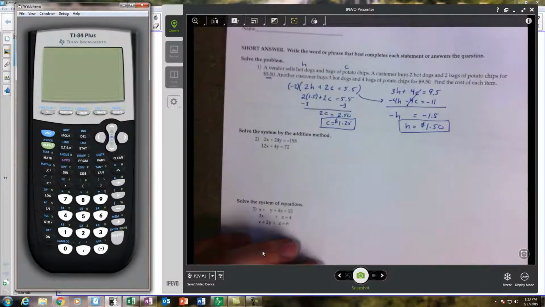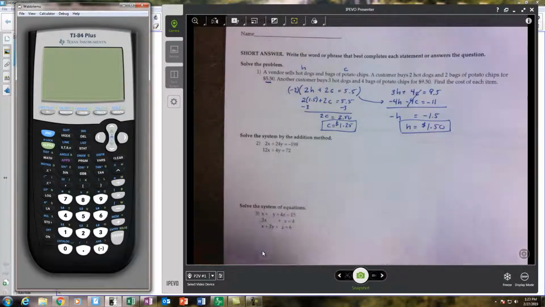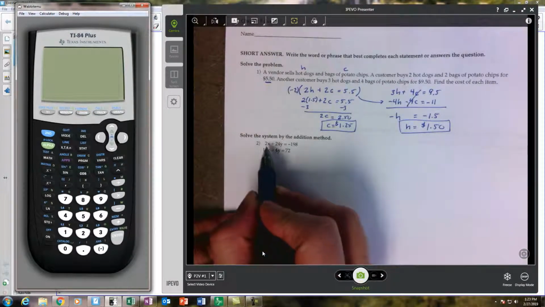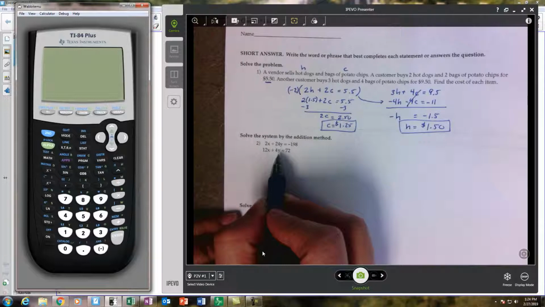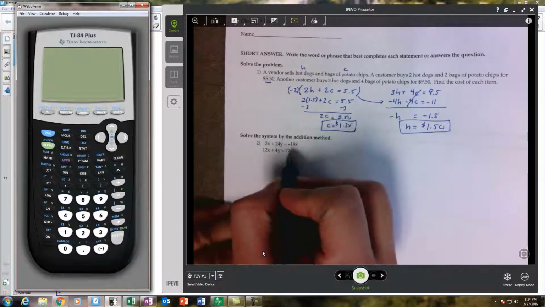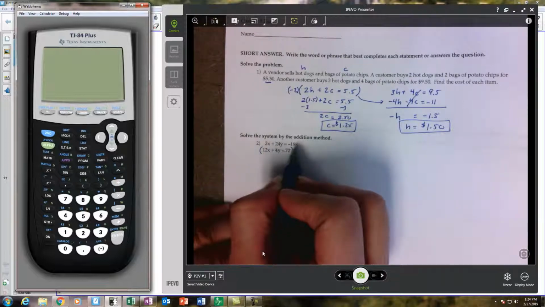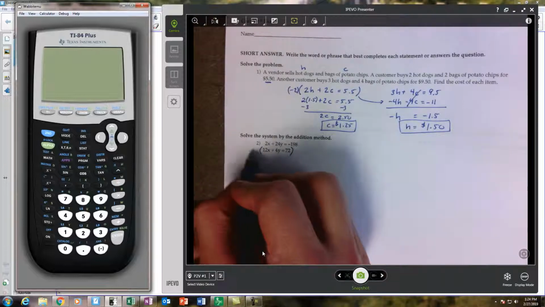Okay, we're going to keep working on the same process or same idea using an equation that's already been built for us. If I look at this, I could times the top line by -6. That would cancel the x's. Or I can times the bottom line by -6, and that would cancel the y's. I'm going to go ahead and do the bottom line. Well, if only because that 72 is a lot smaller than the 198. So I'm going to times this by -6,